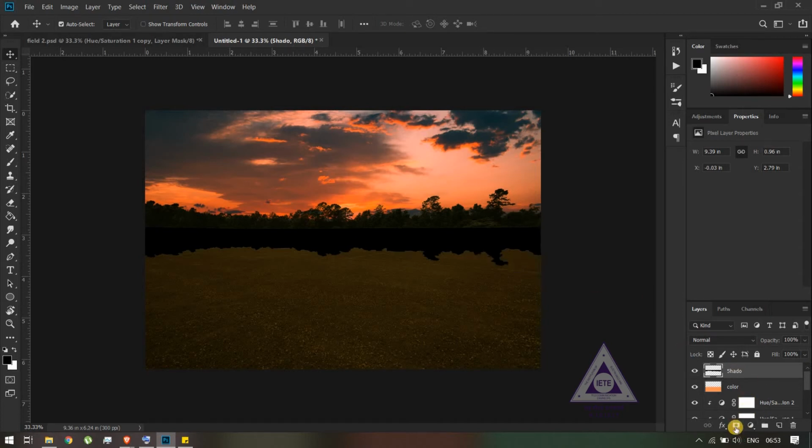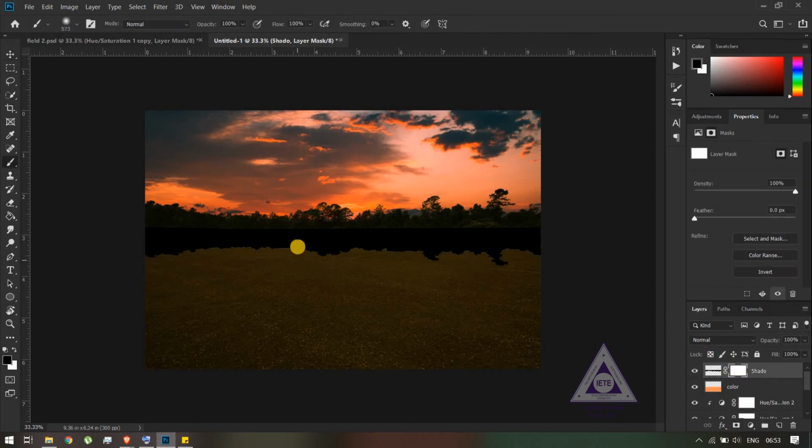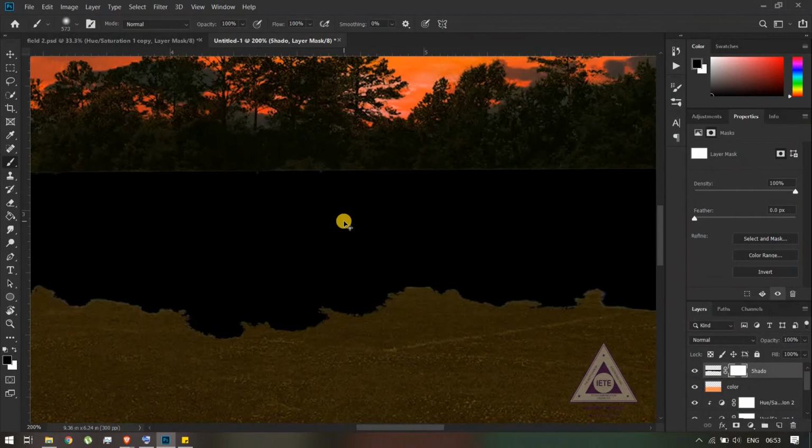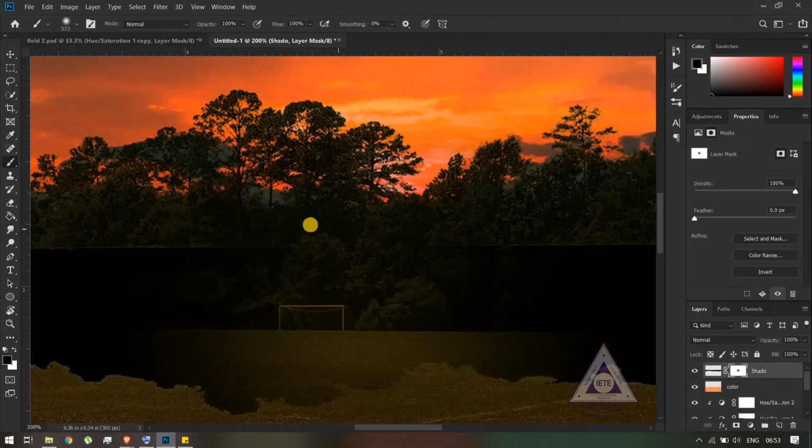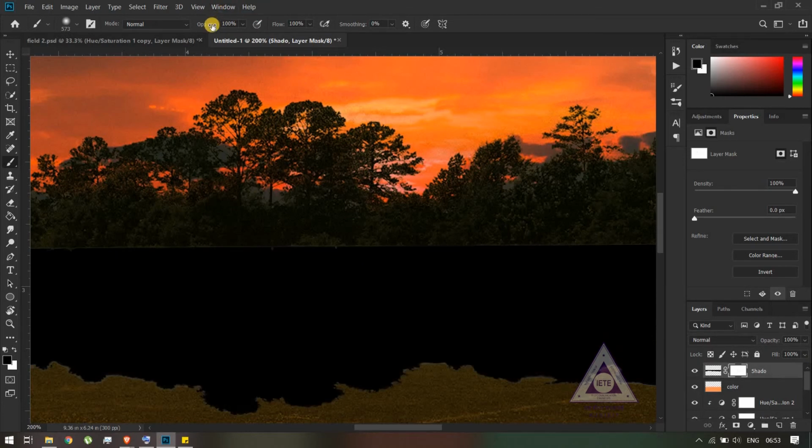So by pressing this button right here, I'll be creating a layer mask. So the layer mask was created, and now using the brush tool and selecting the black color as the foreground and zooming in using Control plus, I'll be going over the area that I want to reduce. So by mistake I reduced the area here, so I'll be pressing Control Z, and I'll reduce the opacity and the flow.